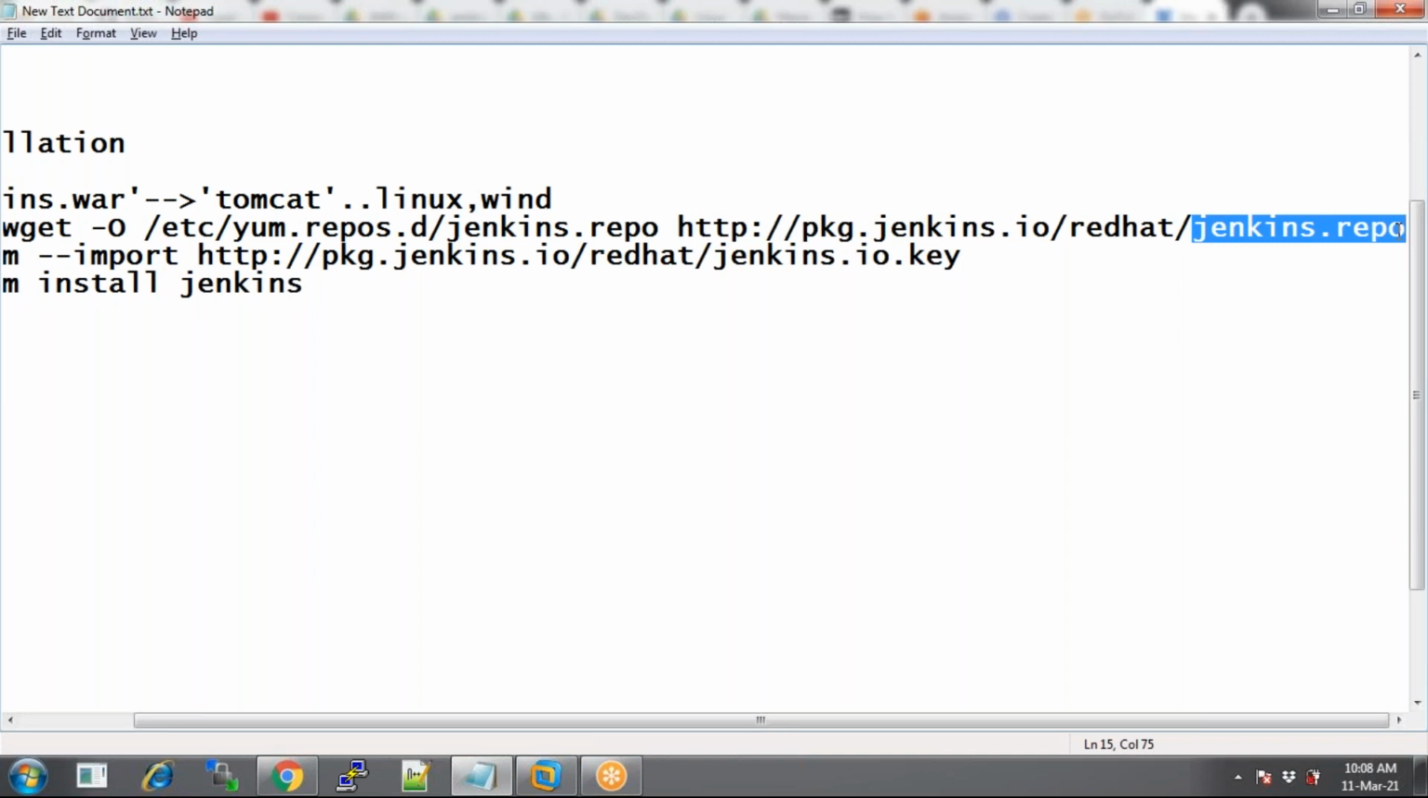We have not discussed that practically, but we have discussed that theoretically. What is the repository? We don't have an RPM file. So if there is no RPM file, or if the package is not found in the yum repository, we download an external repository, right? This is also an external repository, and it is provided by Jenkins. So we are downloading the repository first,